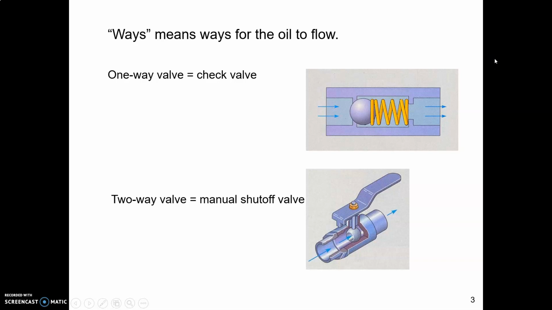One of the words we use when we talk about these valves is way. Is this one way, two way, four way, so forth. And way means how many ways can the oil flow. So we're going to focus on